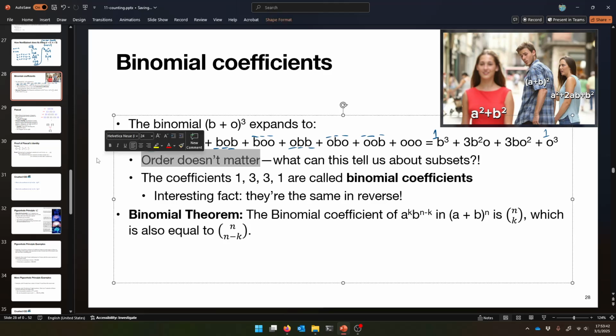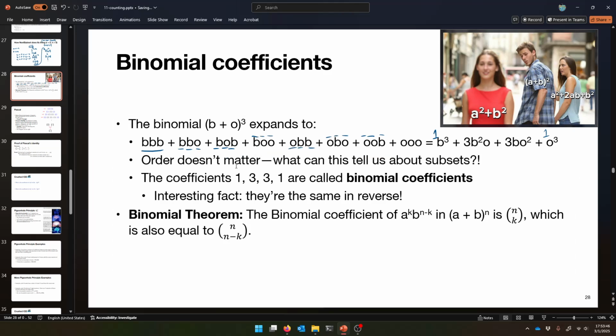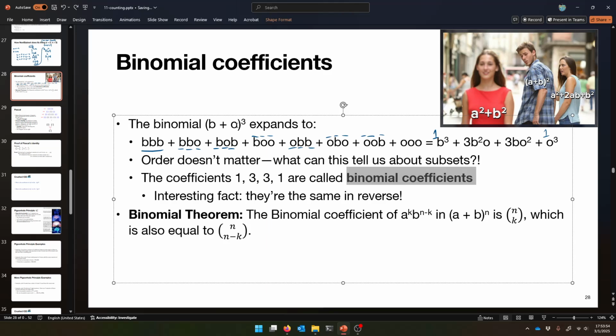That should remind us of something, right? So that tells us something about subsets. Do you kind of see what's going on there? So these coefficients, this 1, 3, 3, 1, for all these pieces, are called binomial coefficients, because this is a binomial thing, right? Bi means 2. You got two terms being added, taken to some power, and those things are binomial coefficients,